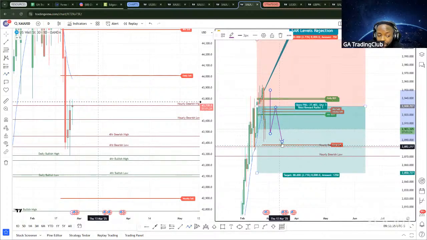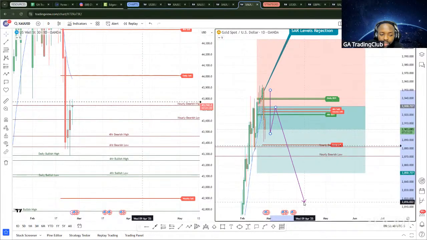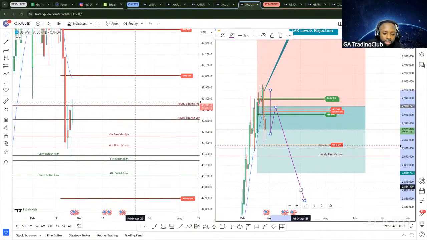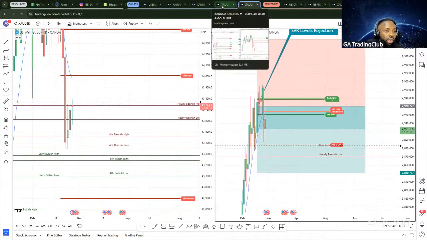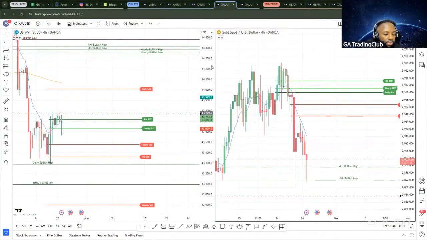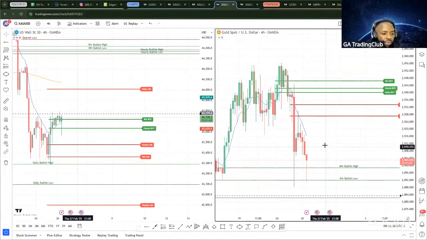So if the daily closes below any of these rejection levels, we are probably bound to see a deeper correction with gold. But again, I'm still in this particular trade and just waiting to see if we finally hit full TP with it. For the 4 hour time frame,